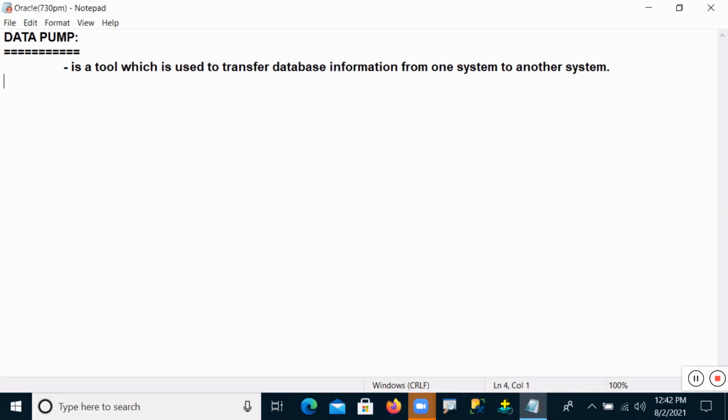Now, this tool has two more tools. The first one we call the export data pump tool, and the second one is the import data pump tool. So when you want to move from one to another, first of all, what we want to do